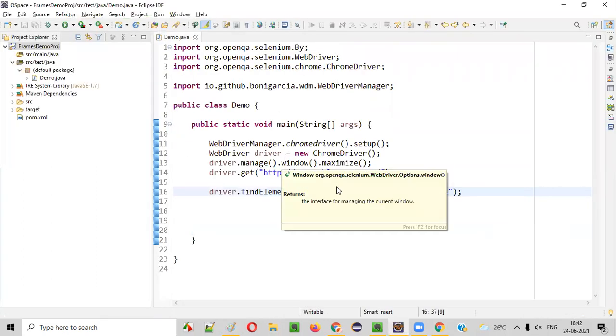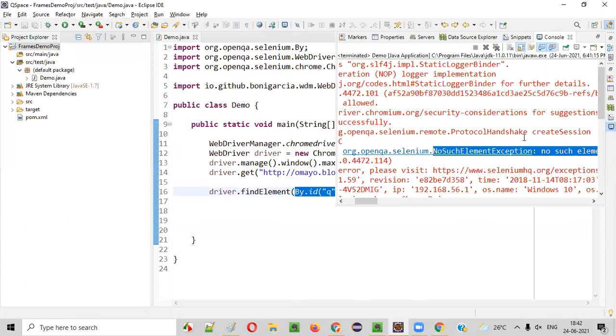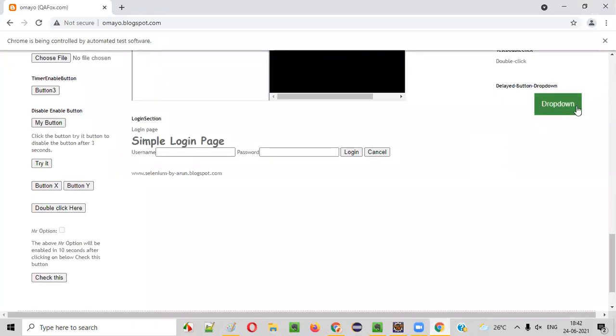The second reason why you may get no such element exception is, for example, if you click on this drop down, and you have to click on this Facebook, you see it's taking some time for the Facebook option to come here, right? Immediately after I click on the drop down, the Facebook option is not coming. It's taking some 3 or 4 seconds to come here, right? So in this case, WebDriver will not wait. Selenium will not wait for the Facebook option to be there.